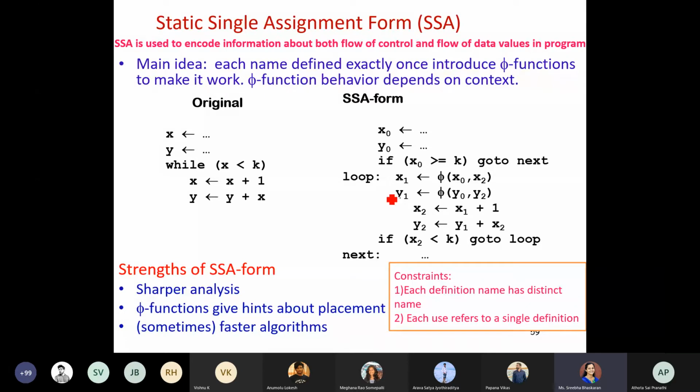How they would do it is, suppose you are taking this as the example. We have used the variables x, y, and we have a loop statement where we are using this variable x. And later we have this variable x getting incremented by 1 and variable y getting updated, where y will be added up with the variable x.